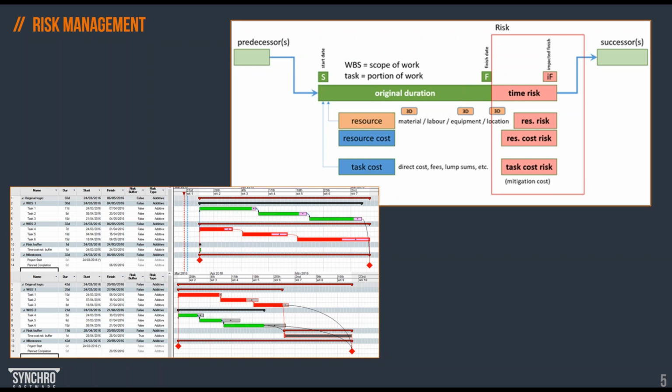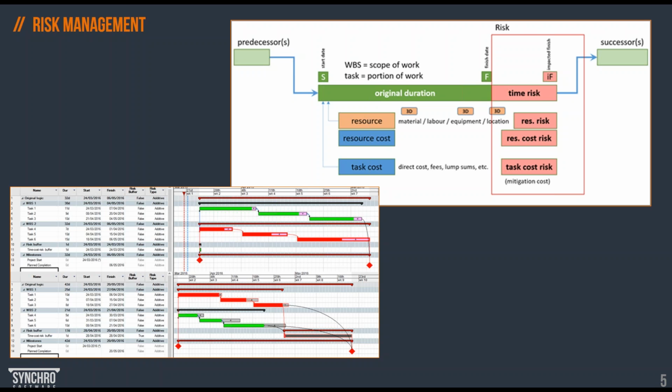If the risk is included in the spreadsheet table or kind of text register, we cannot really simulate or include those calculations in the critical path. But in Synchro, risk is calculated and then can affect the project duration, as it should, I guess, for your project's good. And in Synchro, we have two different options available to manage the risk.